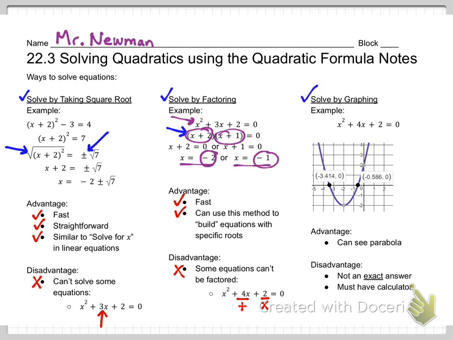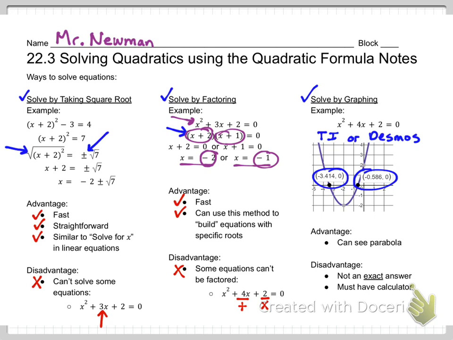And if you graph this equation that we can't factor right here, you notice that you can use either a TI calculator or Desmos. Notice that it gives us the two roots, or the solutions. Those are the x-intercepts of the graph. And you can click on them in Desmos, and it's a little more cumbersome on the TI, but you can find those, and you get -3.414 and